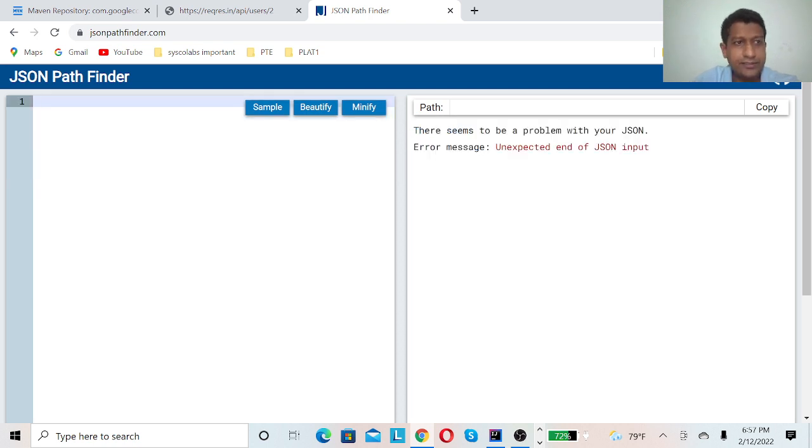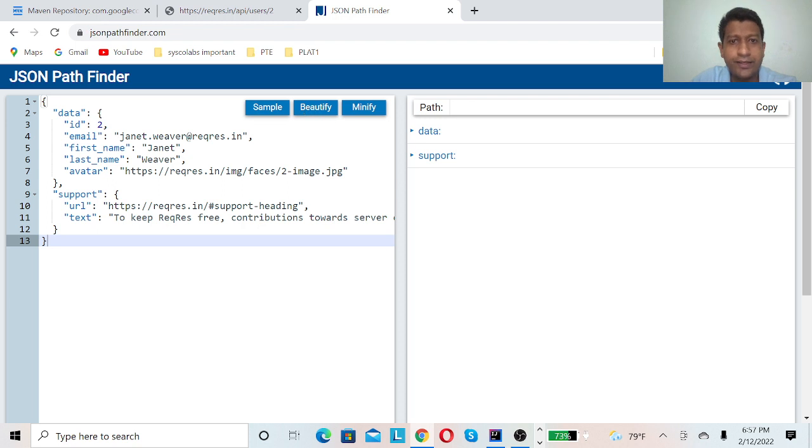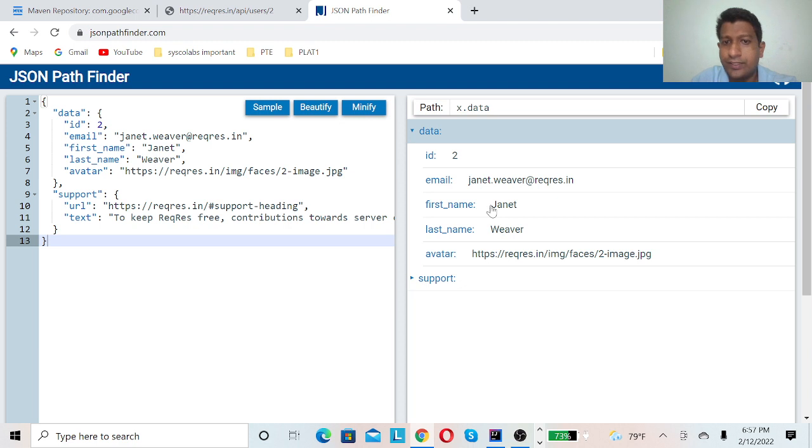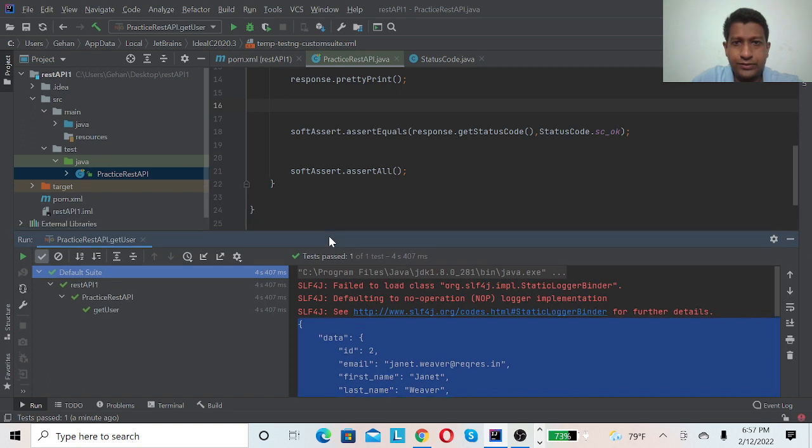Delete this and paste here and click on beautify, and under data you need to get the first name. So click on the first name, you will get the JSON path. Just copy this. This is the JSON path. Just copy that one and come to your screen.